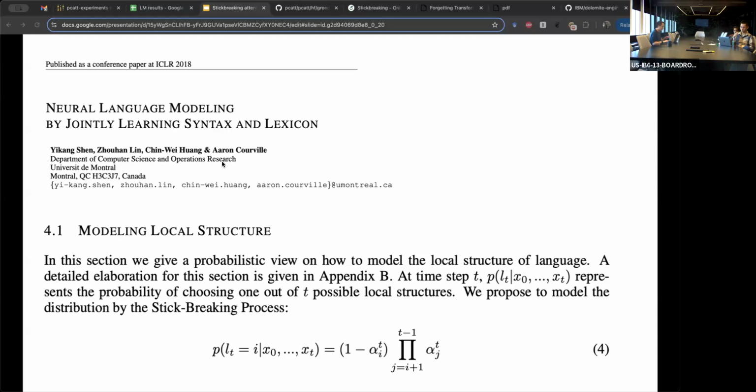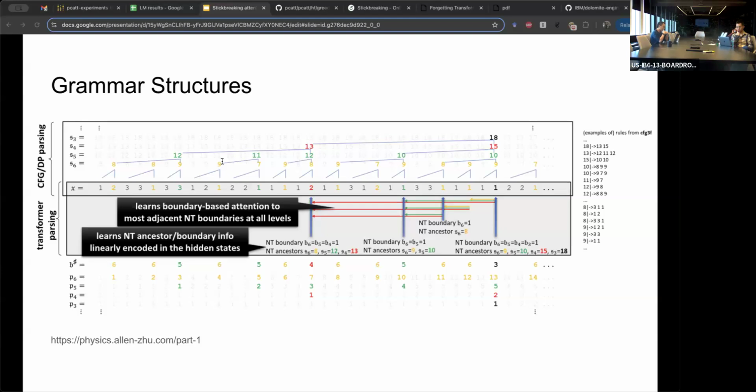And this general thing was done in deep learning's RNN era. The additional complexity on top of the already linear complexity of RNNs was not favorable for large scale trainings, which is why it generally didn't get adopted. But in any case, this idea of finding local structure is still there even in standard transformers. In this work, I think by Alan Chu, called Physics of Language Models,